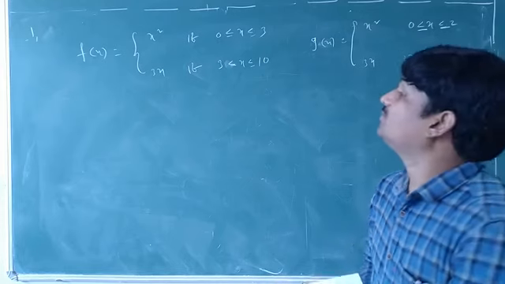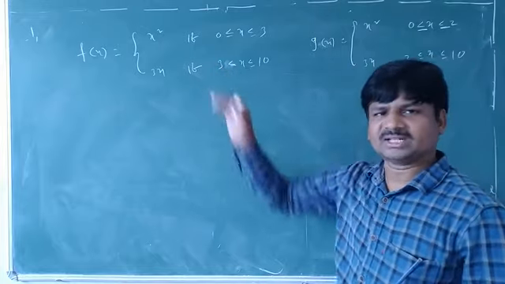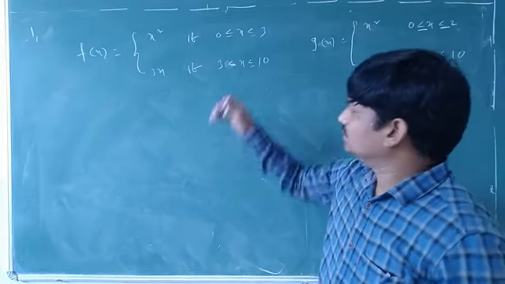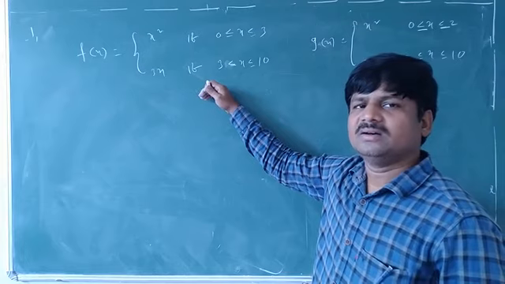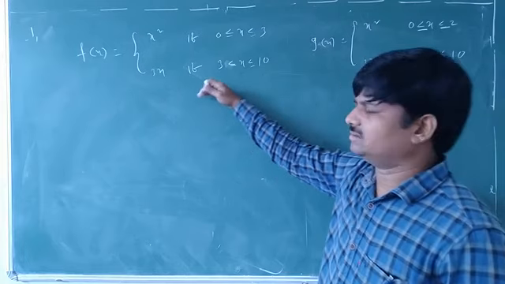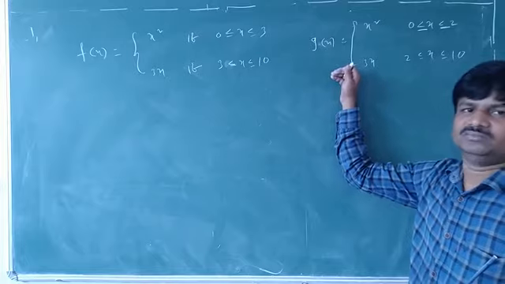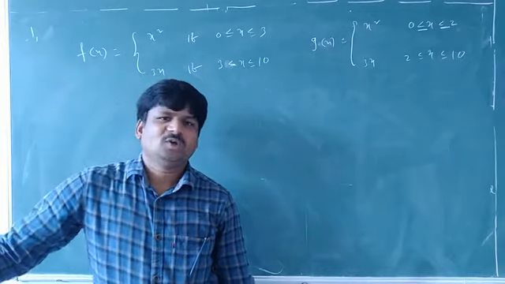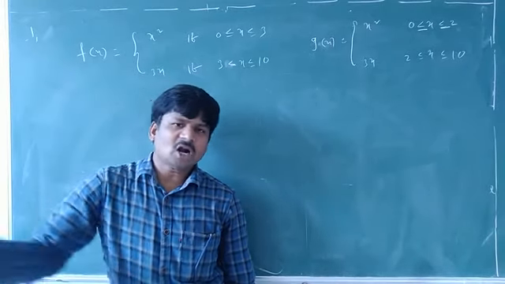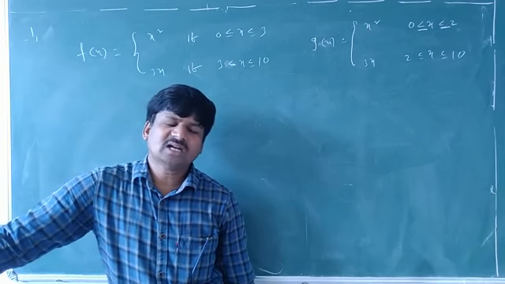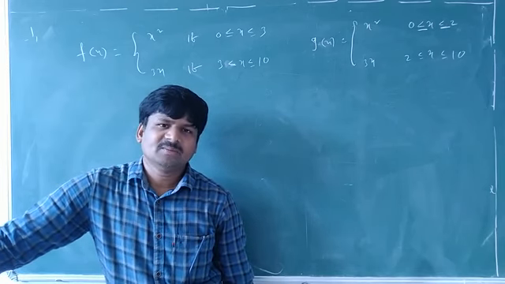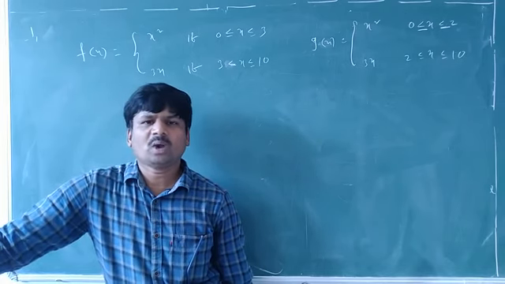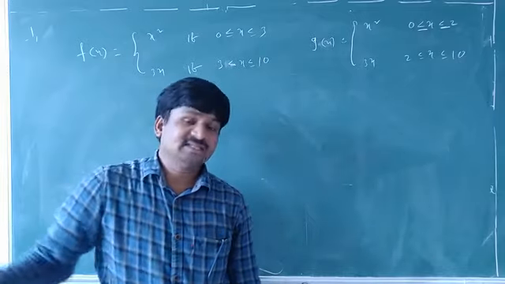We have to show that the relation f is a function. Sorry, show that f is a function, g is not a function, not relation. We have to prove that this relation f is a function and this relation g is not a function. So you know what the definition of a function is. If you write in ordered pairs, the first element must not be repeated. Or else, every element of the first set has a unique image in the second set, or one and only one image in the second set. Yes, that is the definition of a function.